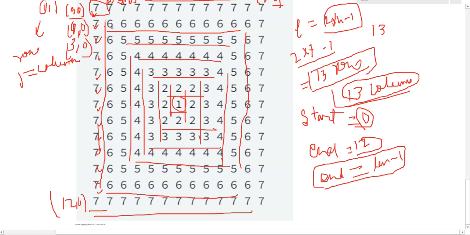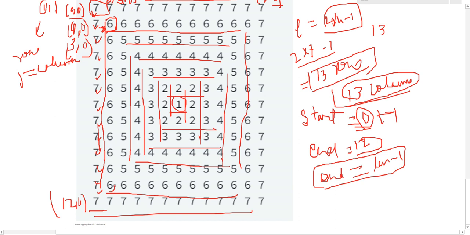Now likewise you can see here, initially start is 0 for 7. Now for 6, where will start go? Start will go one pointer ahead. Start will now be 1. Just think, start goes from here, we have incremented by 1. Now where will end go?